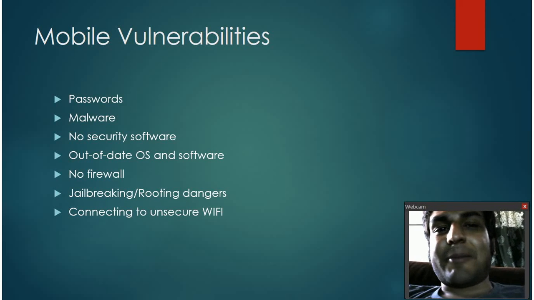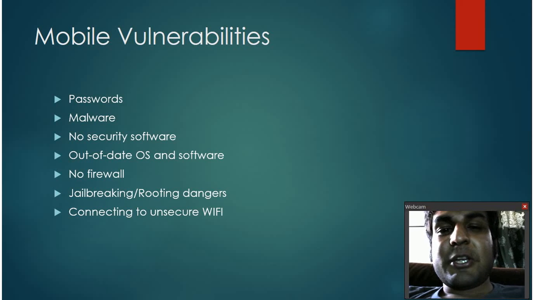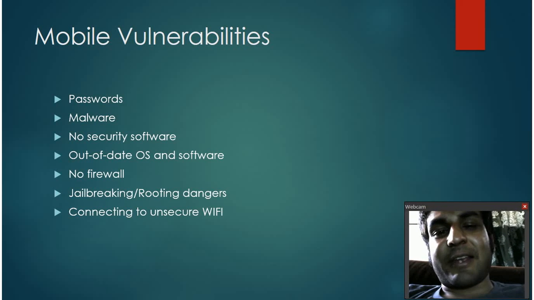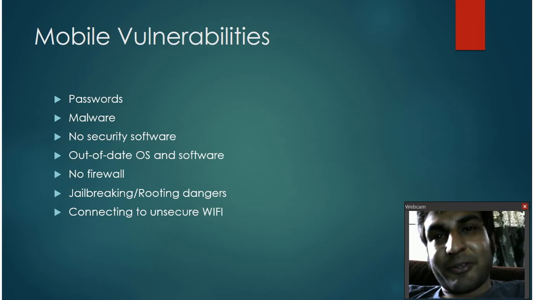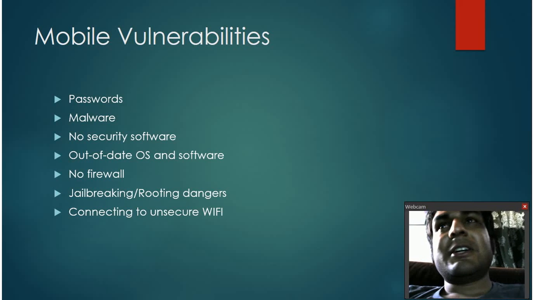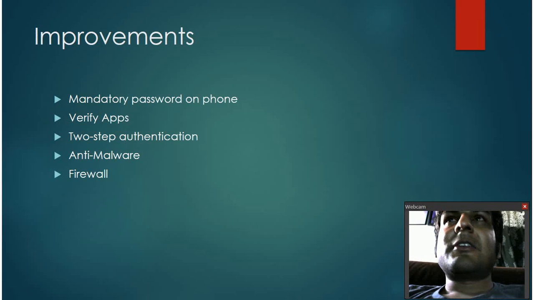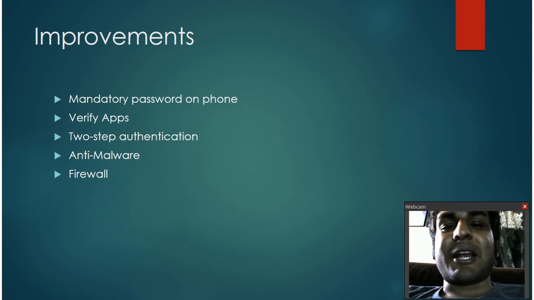What they can do is become like a middleman, so they get between your device and the main Wi-Fi signal, and from that they can use it to get on your computer or just get information from the computer, and once again get all the information stolen. So what can we do to improve it?